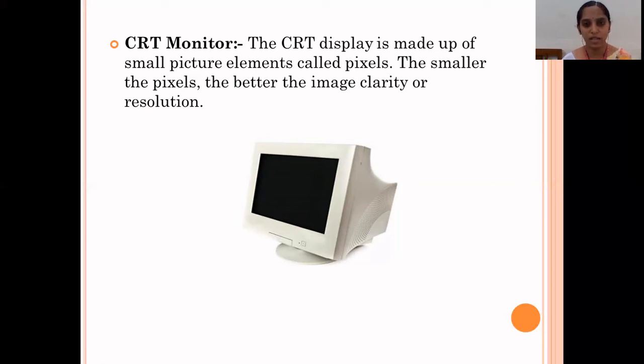On the CRT, in front of you, there is one picture. That picture shows the CRT monitors. In the beginning stages, all monitors looked like that. Its size is big, and all pictures shown on that monitor screen are in pixel format. If the pixels are spread out, the image is not clear. If the pixels are small, the clarity of the image is properly seen on a